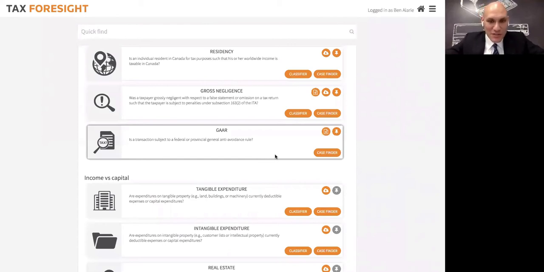It's technologically impossible, as far as I'm concerned, to have a GAR classifier that's 90% accurate at this point. And that's consistent with what you hear from practitioners. So you talk to tax litigators like, wow, GAR cases are really hard. If they're feeling dismissive, they'll call it a smell test. The misuse or abuse branch of GAR jurisprudence, they call it a smell test, and it's really hard to predict.